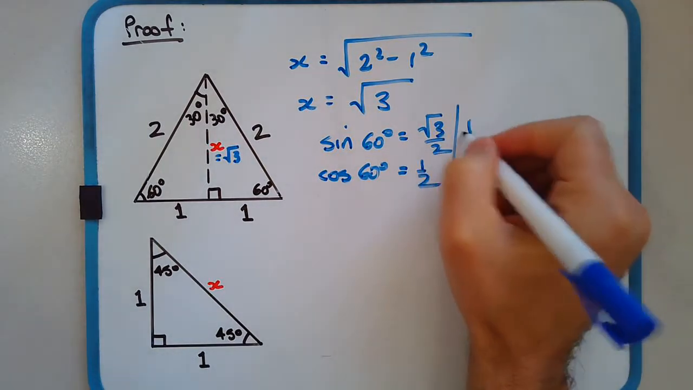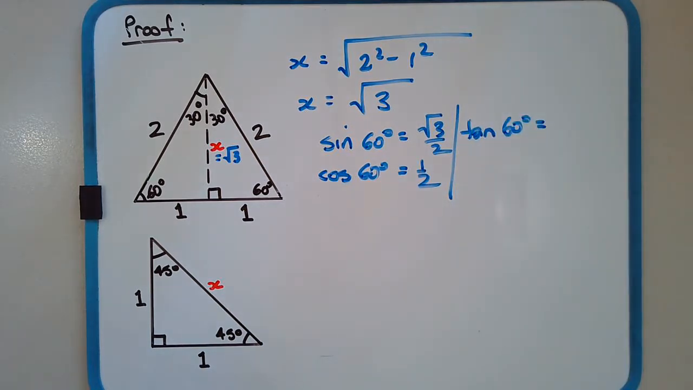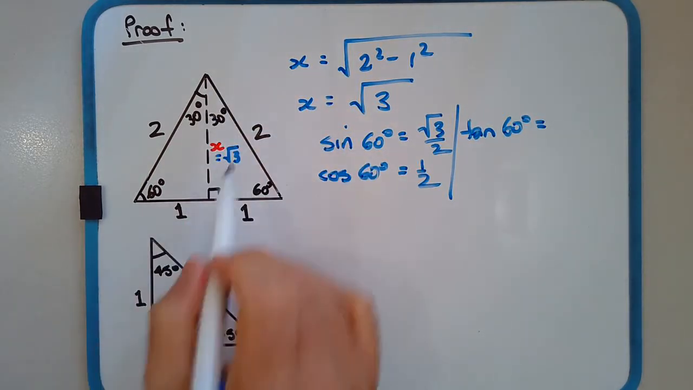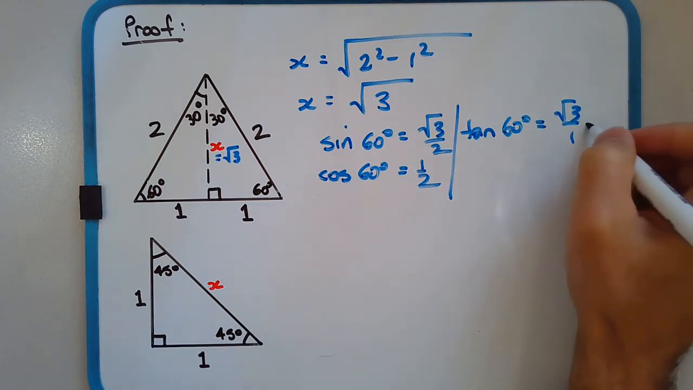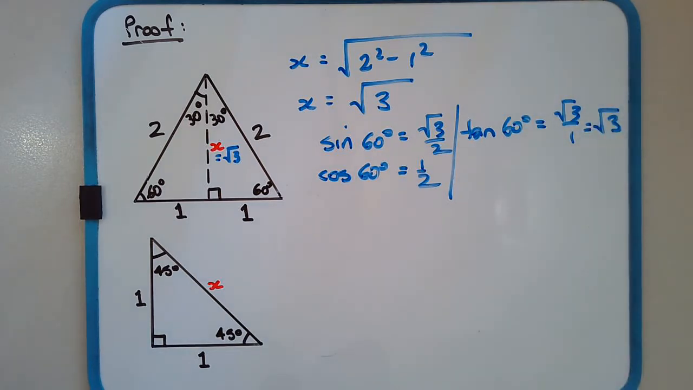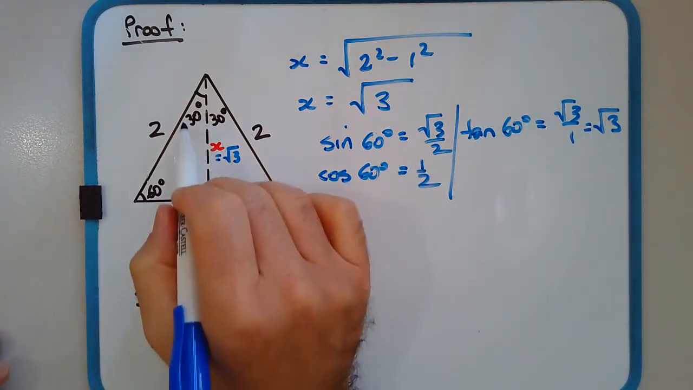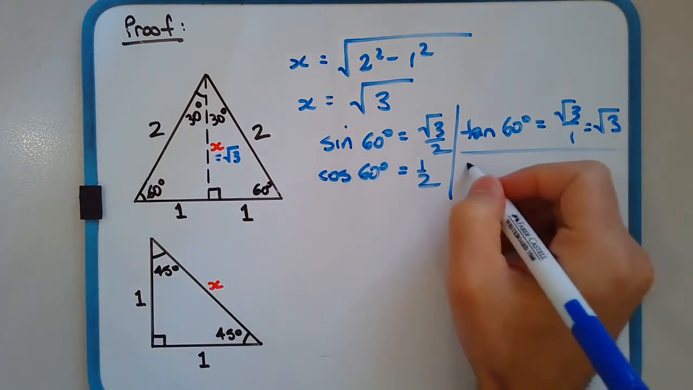What about tan of 60 degrees? Opposite over adjacent. Root 3 over 1, and that's equal to the square root of 3. We haven't done 30 degrees. If you now switch the angle from 60 to 30, sine of 30 degrees